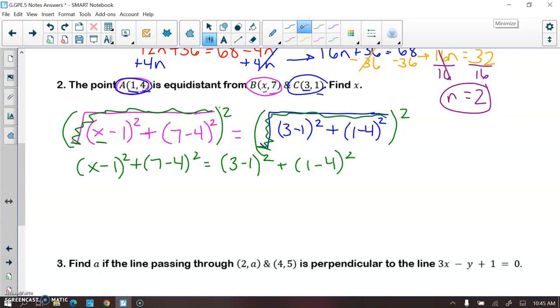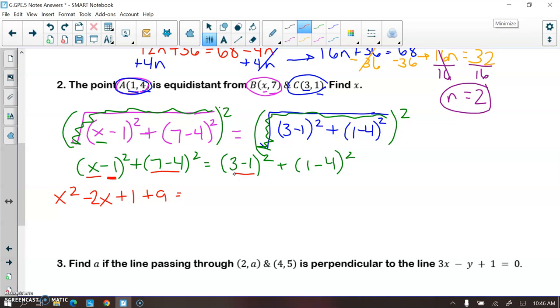Okay, and x minus 1 squared, remember we need to FOIL or do the shortcut. The shortcut is I square the first term, I multiply these two terms together, so a negative 1 times an x is a negative 1x, and then I multiply by 2, so I get a negative 2x, and then I square my last term, a negative 1 squared is a positive 1. And then plus, a 7 minus a 4 is a 3, a 3 squared is a 9, so I have plus a 9, and that equals, on this side, a 3